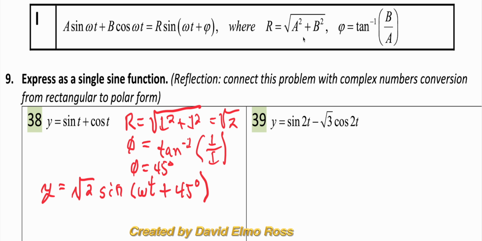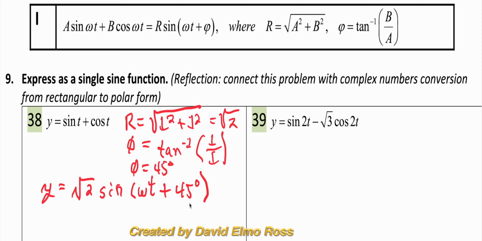Now, if we apply this formula, we can see that the coefficient of sine t here is 1, and the coefficient of cos t is 1, so the r value here is going to be the square root of 1 squared plus 1 squared, which is the square root of 2. Also, the inverse tan will be b over a, which will be 1, where phi is therefore 45 degrees. So our new formula is going to be y equals square root of 2 times sine of omega